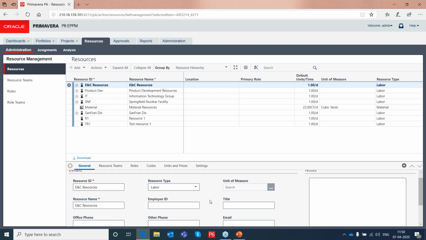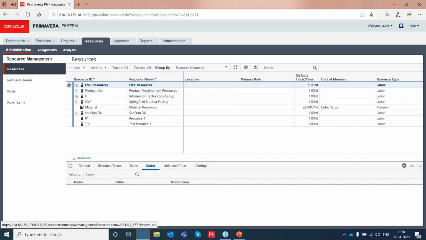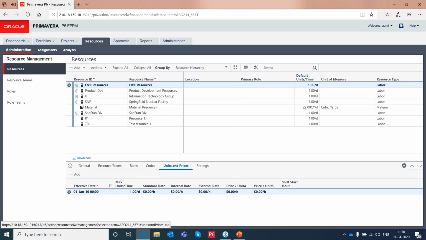Then coming to the codes, in case you want to associate any resource codes or labels, what we are talking about is a label which you want to attach to a resource, that you can do using the resource codes. Going into the units and prices, you can define from which date what is the rate for that resource, what is the availability, everything you can define here.